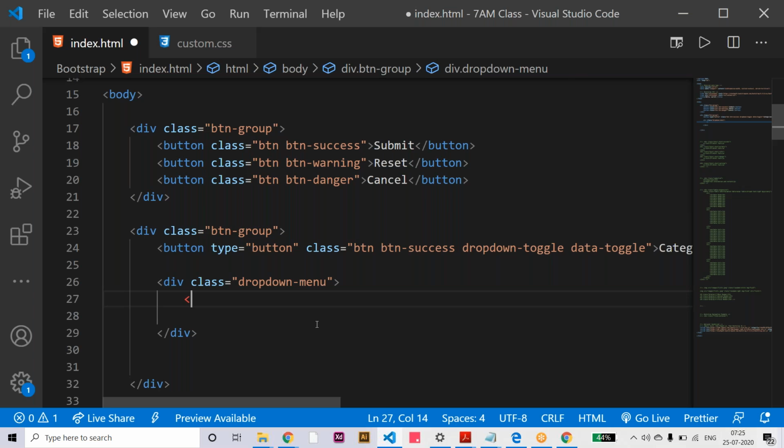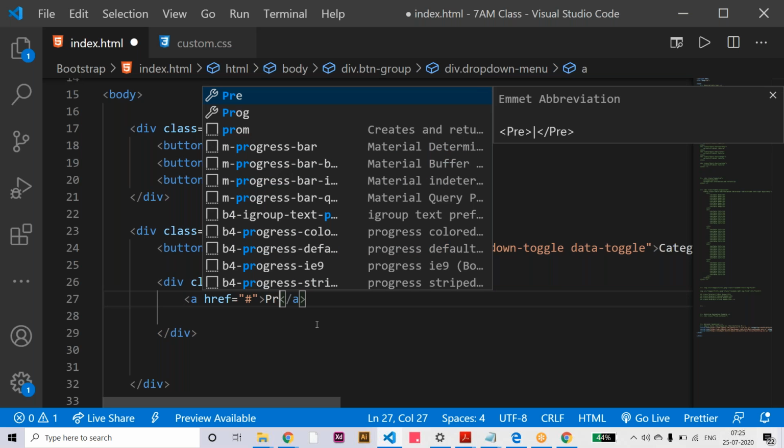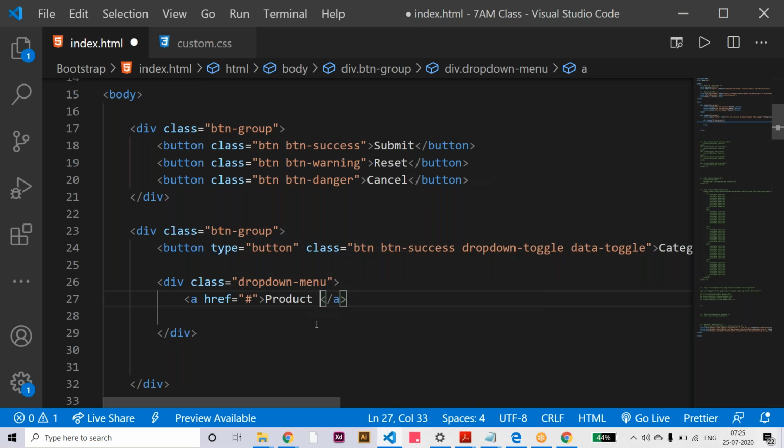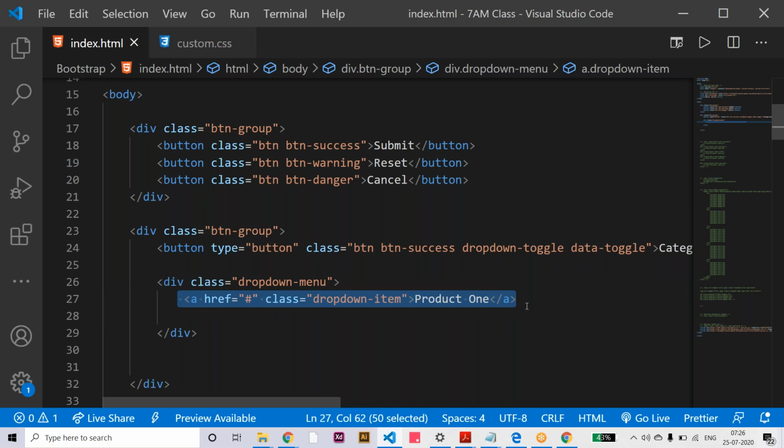Let's say here anchor href, dummy link. Let's say here product one or something, and we can apply the class dropdown-item. Each one we are going to say dropdown-item. Let's say some 3 or 4.